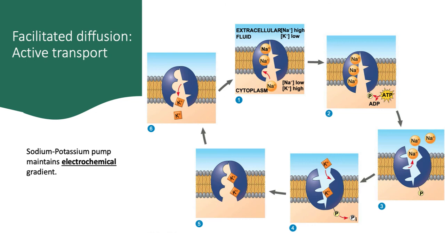This pump binds 3 sodium ions from the inside of the cell and uses energy in the form of ATP to release them outside the cell. In order to complete its cycle, it then moves 2 potassium ions from outside the cell and releases them inside. Because of this 3-for-2 exchange, outside the cell becomes progressively more positively charged than the inside, and the action of this pump maintains this difference.